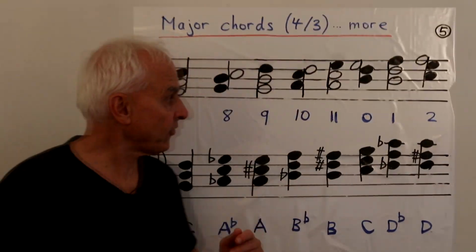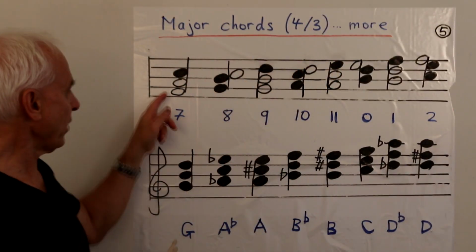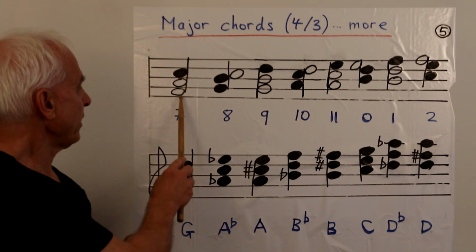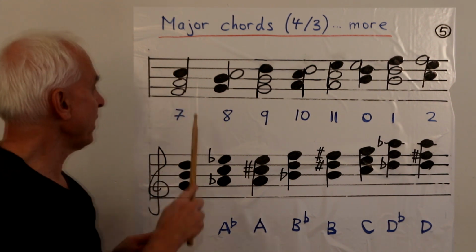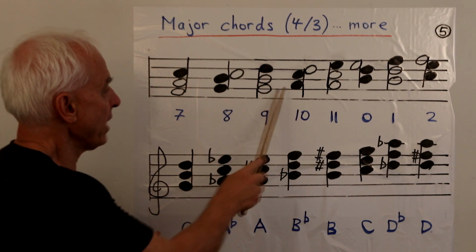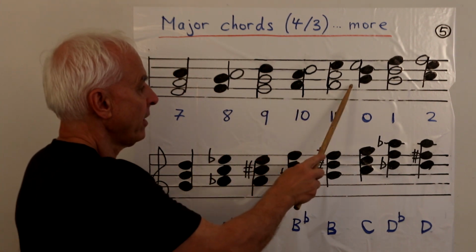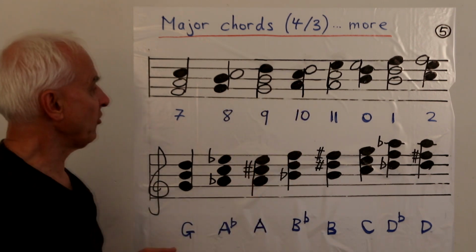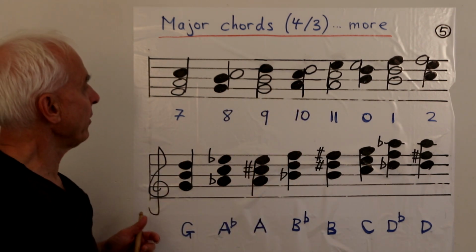So just for completeness, here's sort of the other ones. So again, 7 is where we ended up with the last slide. And then, so bottom here is note 7, and then going up note 8, note 9, 10, 11, and then back to 0. Okay, and here are the major triads built on all of those, the same kind of pattern.